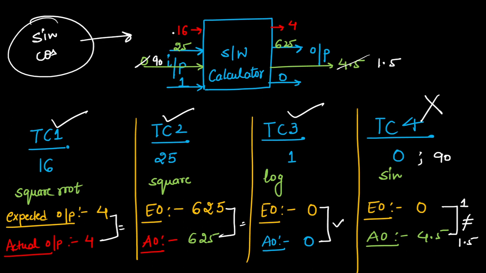This is what they are telling you, what you will do in functional testing. In functional testing, you first have to find the input, what input you have to take, you will calculate the expected output. After that you will check for the test cases. And then you will calculate whether your expected output is equal to actual output. If it is, then this means your calculator, your software is working fine. But if any test case fails, this means that your functional testing has failed. Your software is not able to perform the actual requirement. I hope this is clear to everyone.